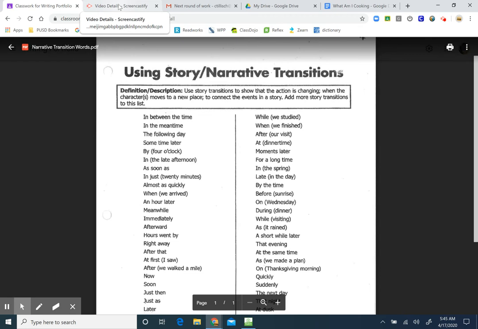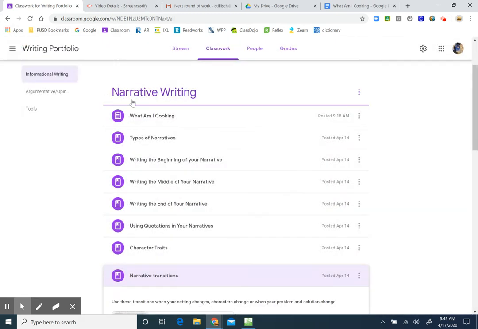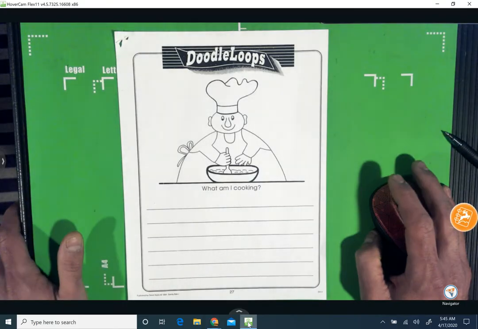How young do you want the characters to get? Maybe the characters start off old in the stories, but nonetheless, use these documents within Google Classroom's writing portfolio to